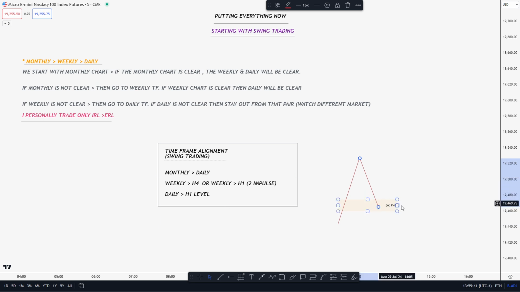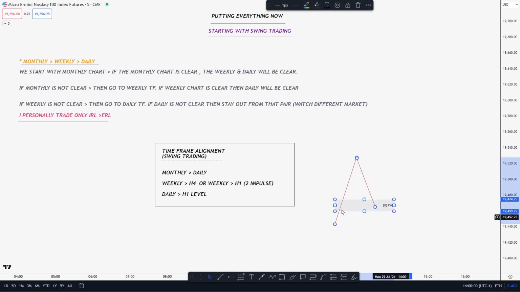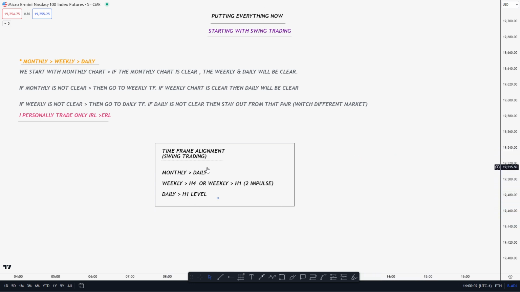Okay, so same thing. Let's say we have this monthly fair value gap, then we will wait for the daily level to form. Or let's say this is a daily fair value gap. We're going to wait for H1 structure to turn bullish basically. Here you will see one thing. If we are at monthly level, we will look for daily, weekly, 4 hour, daily, 1 hour. Okay, on weekly you can see here, मैंने यहाँ पे लिखा है बेसिकली और एक ऑप्शन